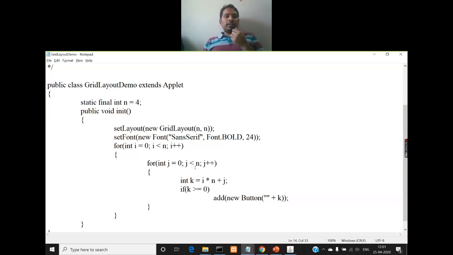So after doing this, the next step is we need to set the font, because by default if you use the default font size, the font of the label inside the button will be very small. So I want to make it appear large.